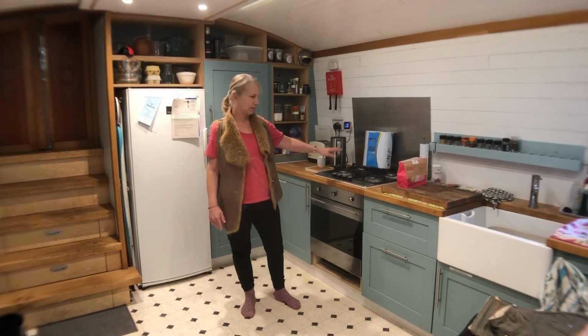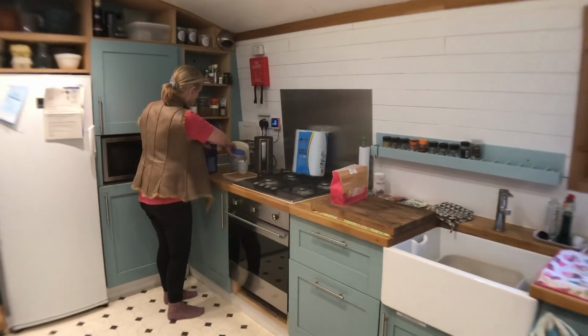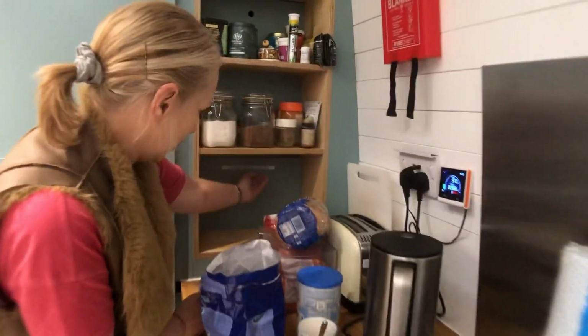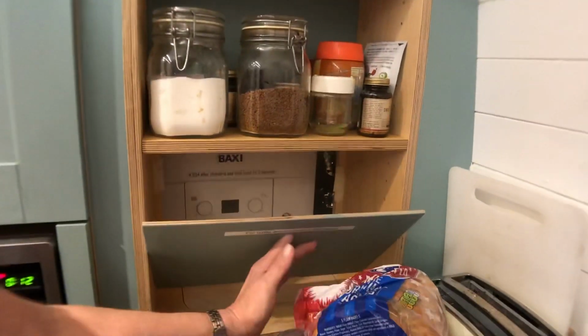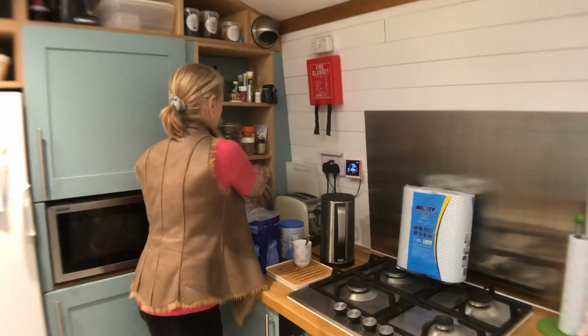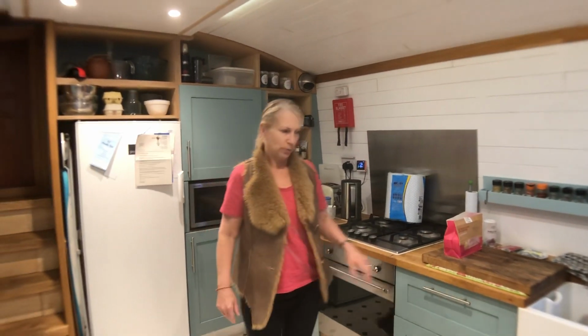We've got a gas oven, a gas hob. We have a boiler, which is behind here. Pull this out and you pull the little drawer down, and there's our boiler. Very easy to use. That runs the underfloor heating as well as the hot water. And we have lots of...